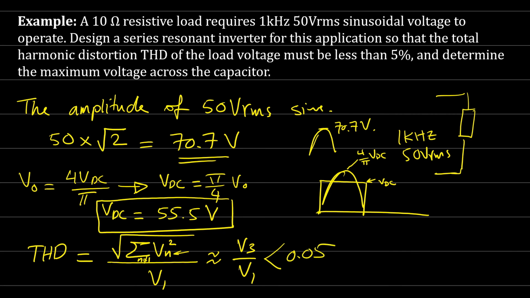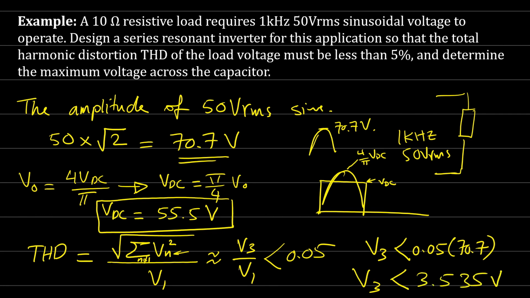5%. Or if you want to make sure that your total harmonic distortion is definitely less than 5%, you can say V3 over V1 is less than 4%, for example, just to make sure the fifth and seventh harmonics are considered. But here I will say V3 over V1 is less than 5%. And from this, the third harmonic must be less than 0.05 times 70.7, the peak value for the fundamental frequency. And here V3 must be less than